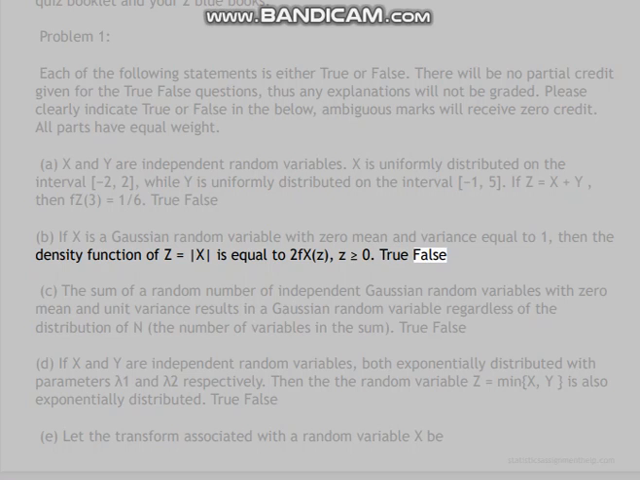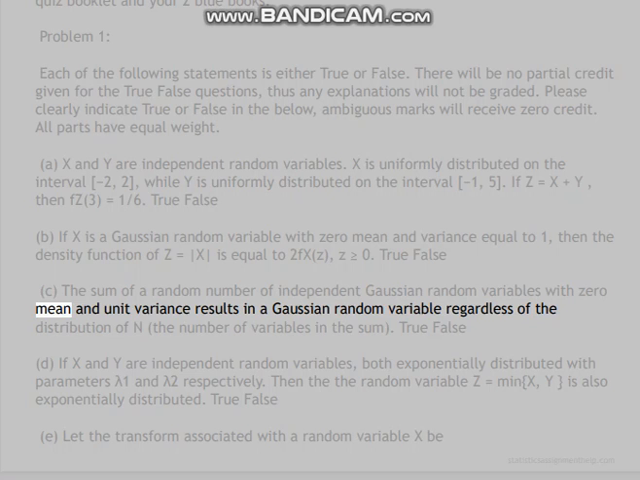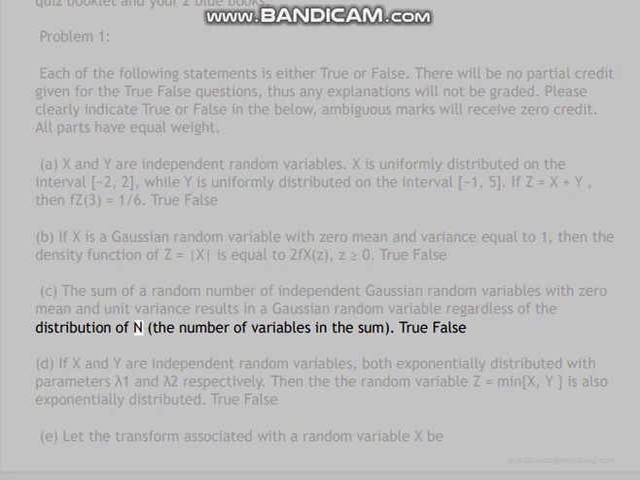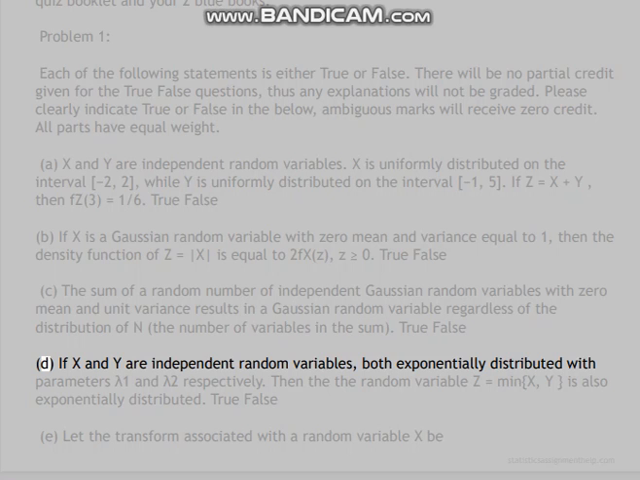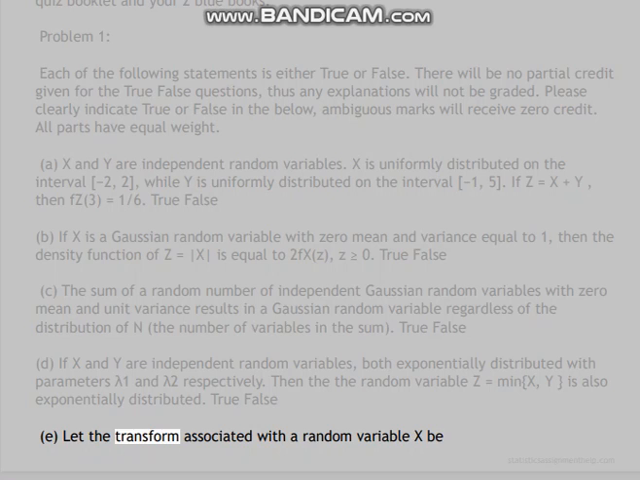True/false. C. The sum of a random number of independent Gaussian random variables with 0 mean and unit variance results in a Gaussian random variable regardless of the distribution of N, the number of variables in the sum. True/false. D. If X and Y are independent random variables, both exponentially distributed with parameters λ1 and λ2 respectively, then the random variable Z equals min(X, Y) is also exponentially distributed. True/false. E. Let the transform associated with a random variable X be